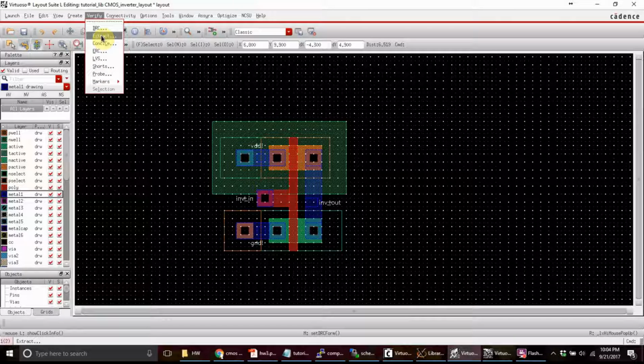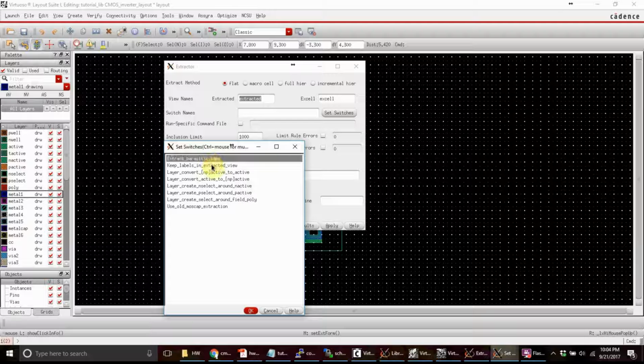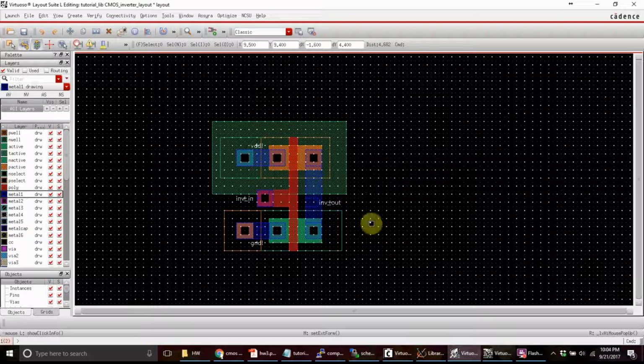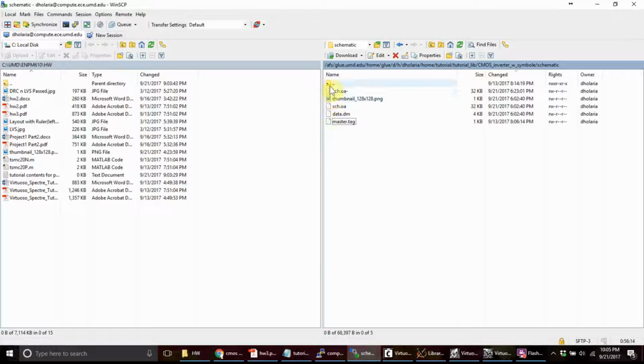Second step you will have to do is extract. Go to extract, select the switches, select two switches, hold and press shift, and then select these two, then click OK. This is extractor. Then all you have to do is OK. It will create a directory, and you can see if it is successful. If it was not successful, there's something that appears, and it is here, extracted. You can see here, go up,